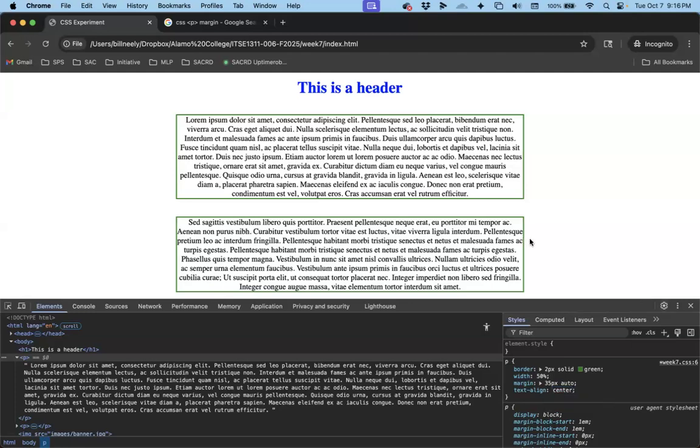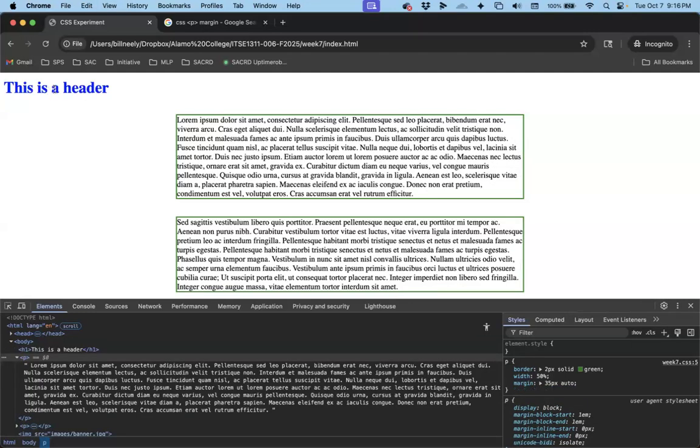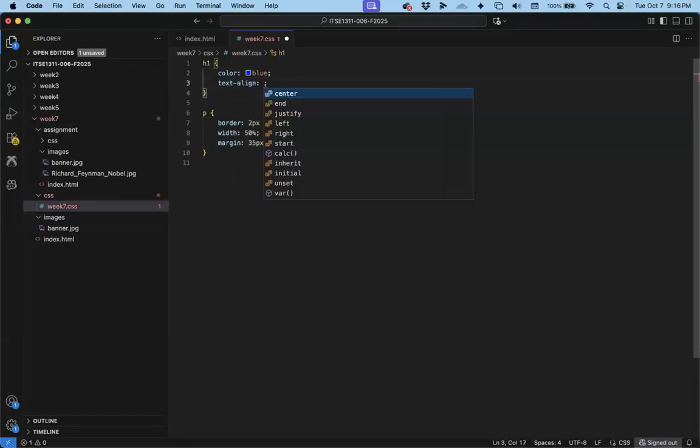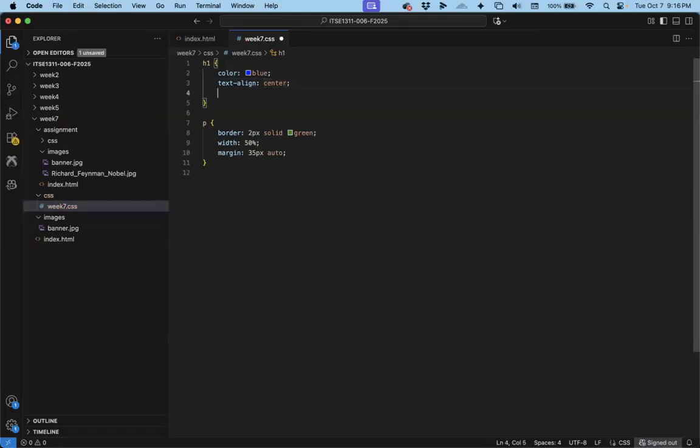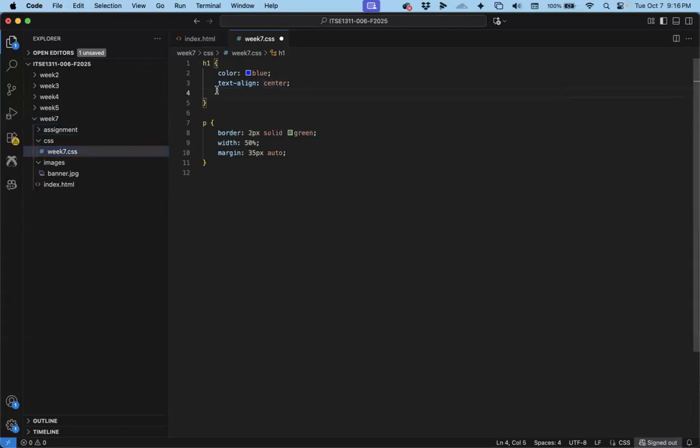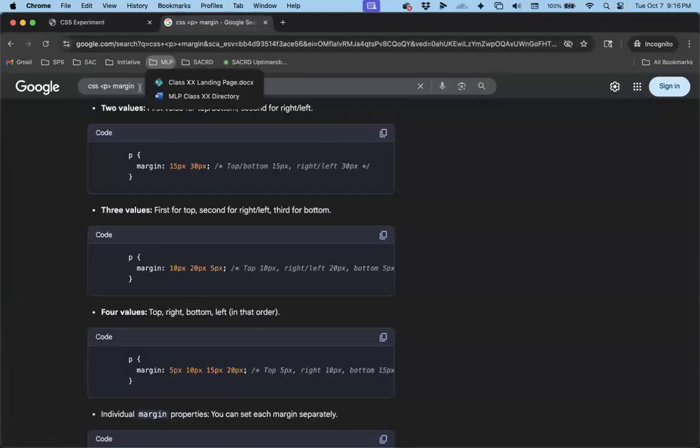So now let's go back and reload this. Let's go ahead and center the header in our CSS. So up here I can just say text align center, and let's go ahead and make that a different font. So there's some fonts built into the browser. So if you want to use really oddball fonts, you typically have to download those, put them in your project, and then include them in the HTML using a link or an include file of some kind. But in this case, we have some default fonts, so we can just Google what those are,